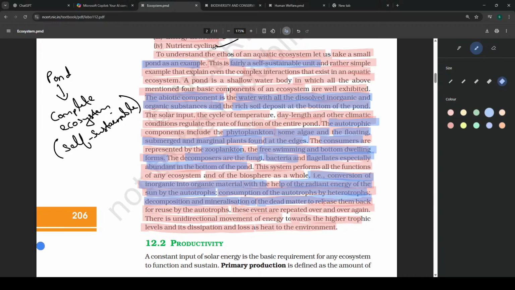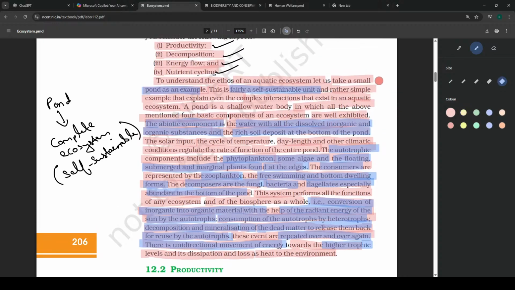Most of this we will study in the next parts of this chapter itself, repeated over and over again. And an important line: there is unidirectional movement of energy towards higher trophic levels. We will see much of that in the next topic. Okay,